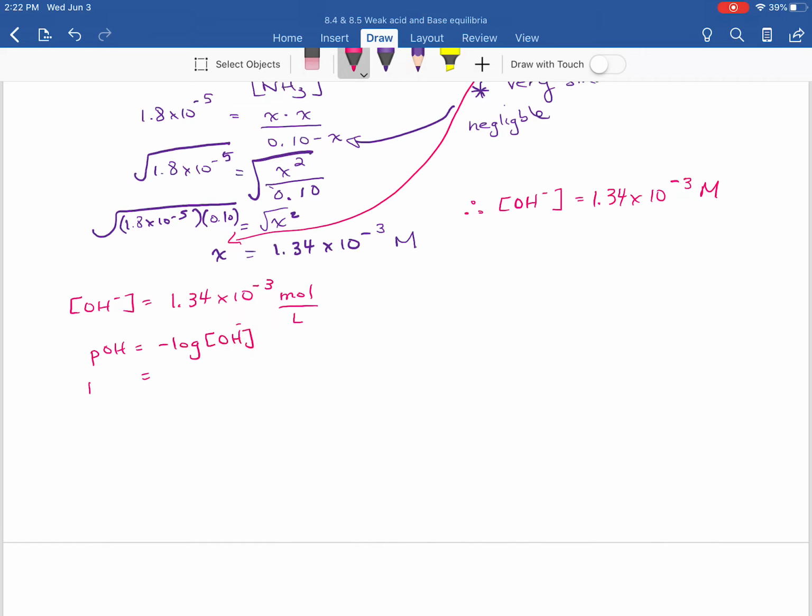Okay, so once I plug that into my calculator, I get 2.87. Now there's a formula that you would have learned yesterday where pH plus pOH equals 14